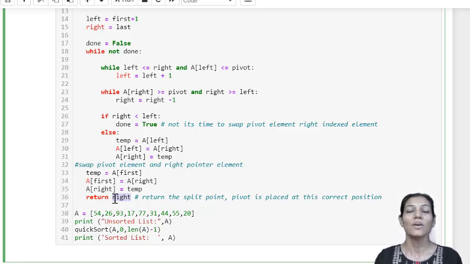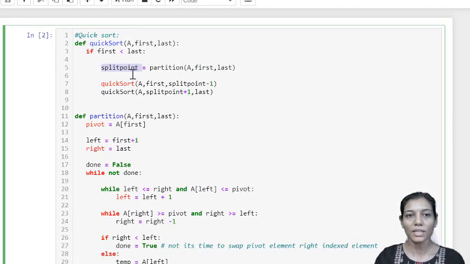That means we have successfully divided our array into left and right halves based on the position of the pivot, because the right pointer is the location of the pivot, which we have kept successfully at its correct position.